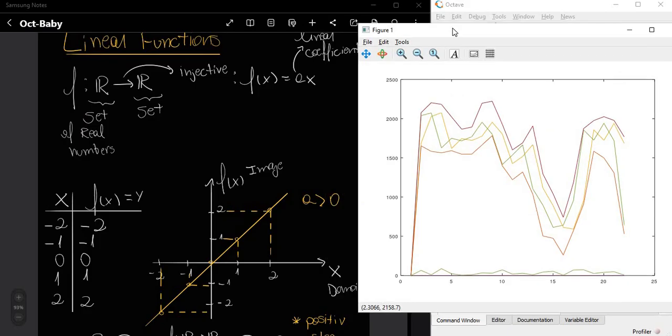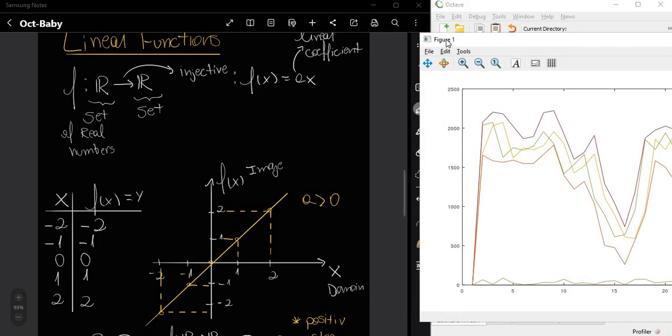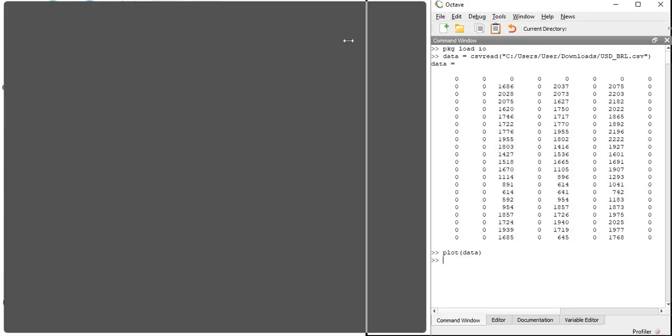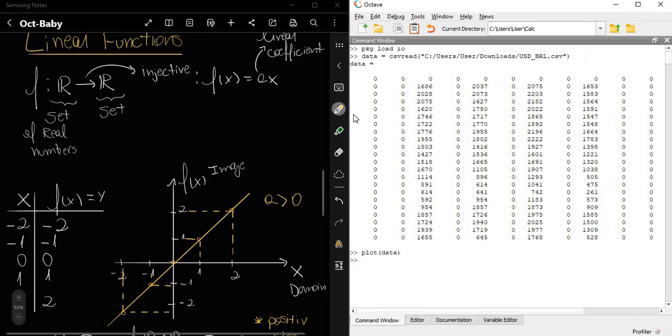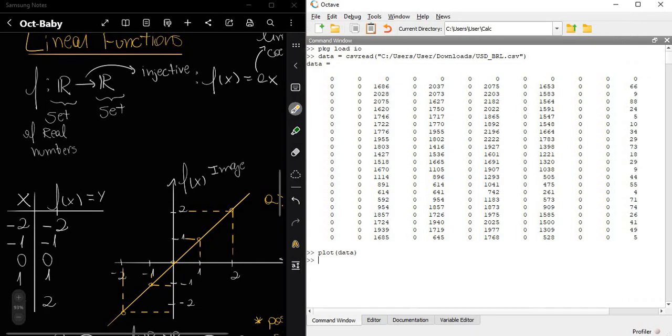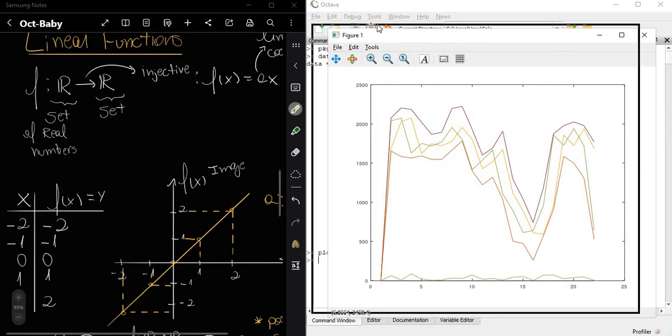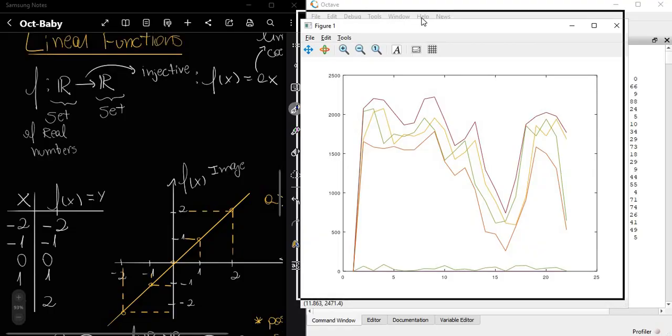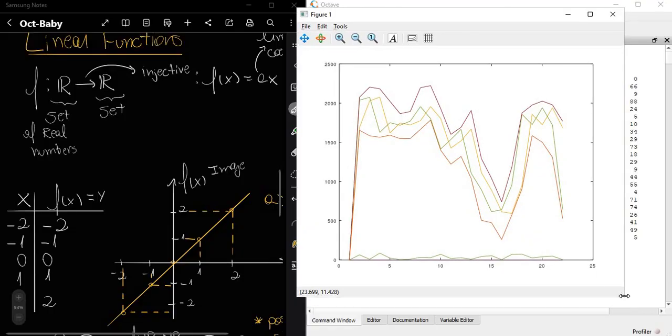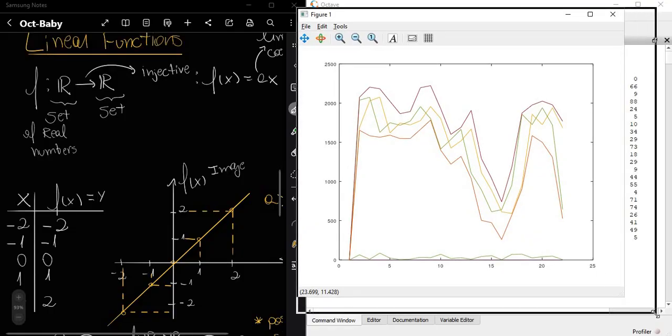Okay, so again, I recommend that you go to the investing website and download this data and try by yourself to plot this data. And yeah, right here we are doing just basic things.